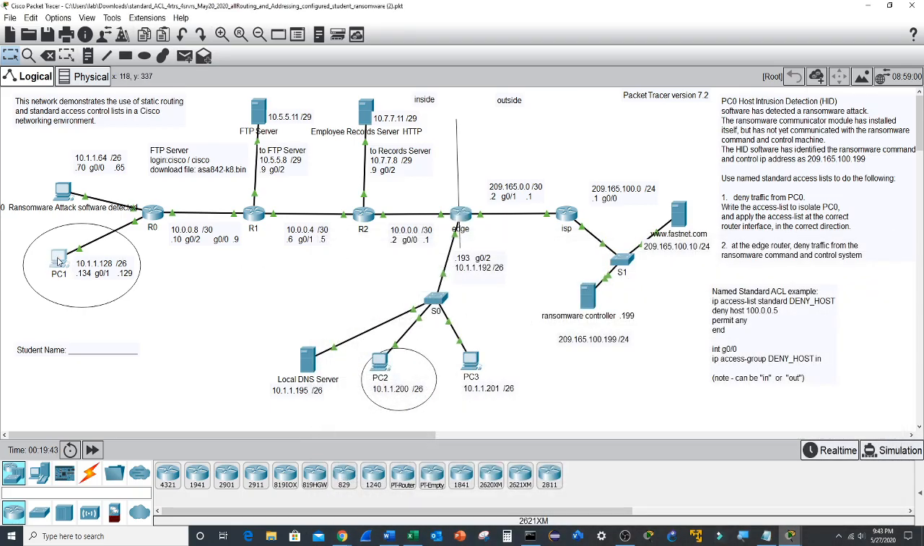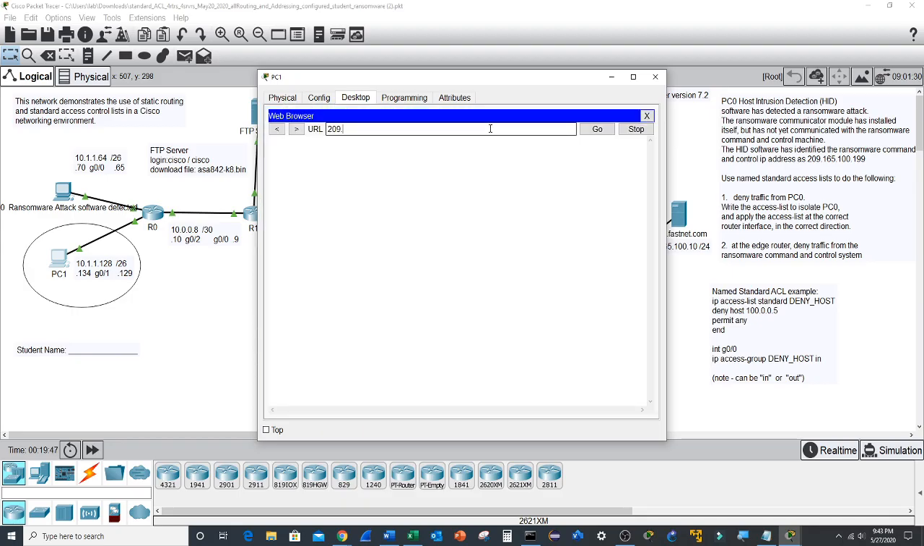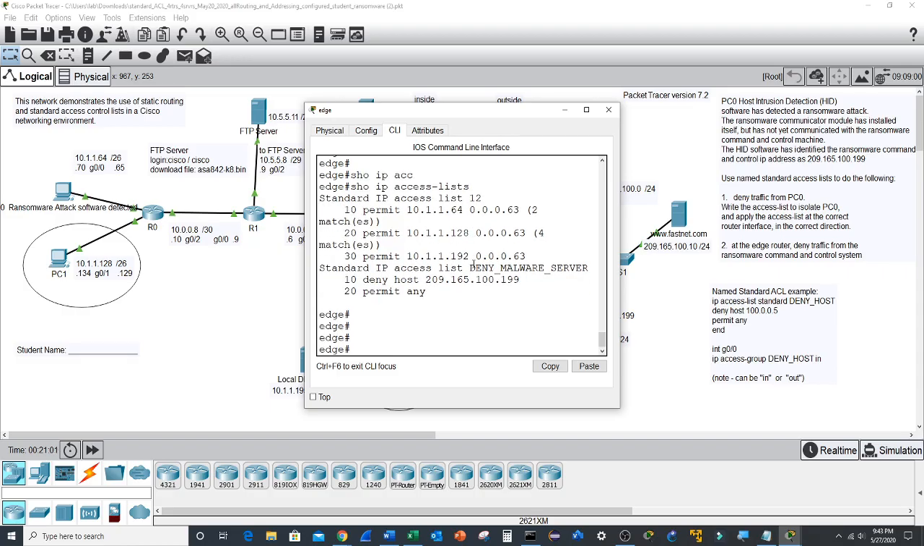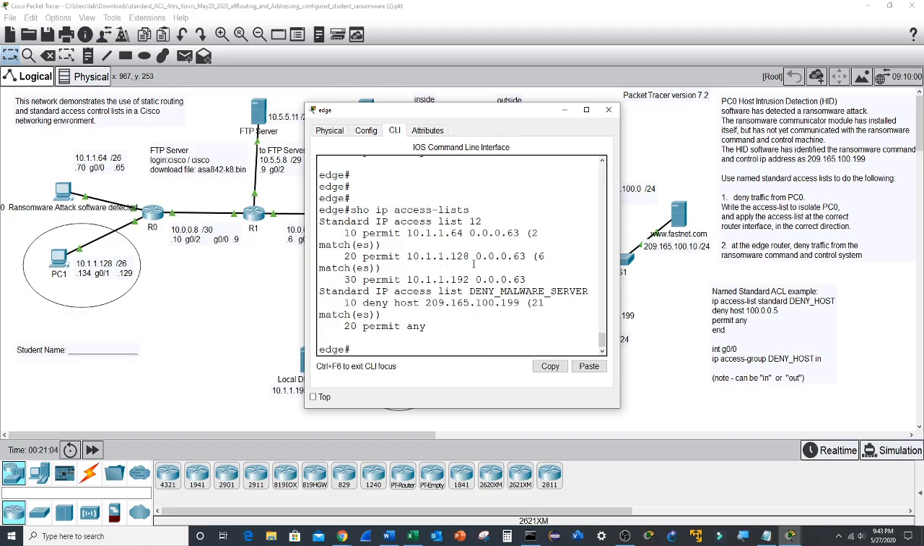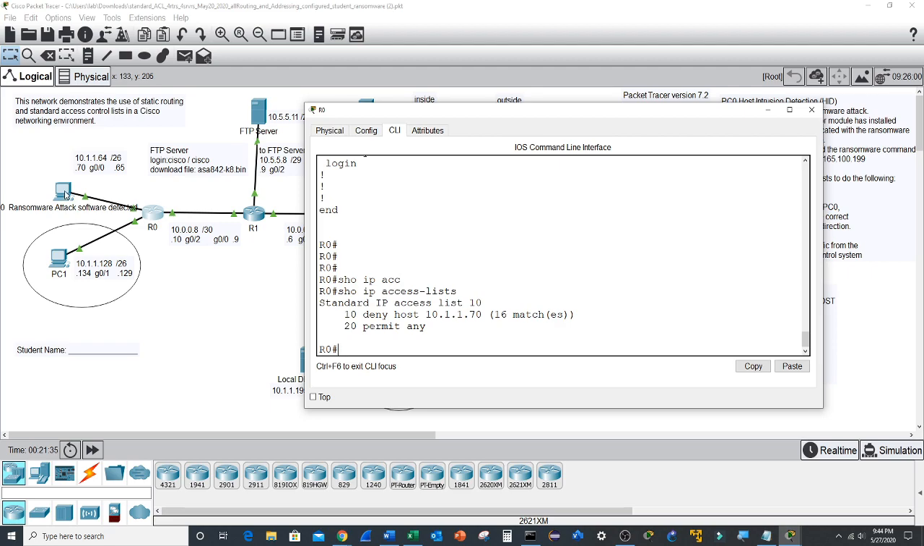Now let's try to get there from this PC. Okay, request timeout. Now let's see what happened on this router. Notice we had 21 matches this time, and that's the HTTP access request coming from PC1. When we attempted to ping